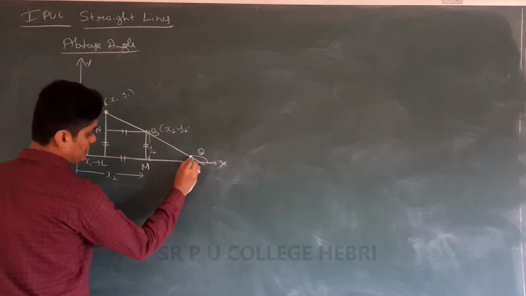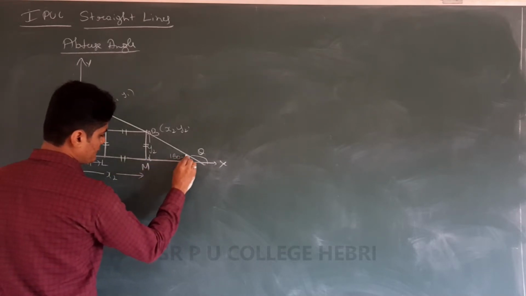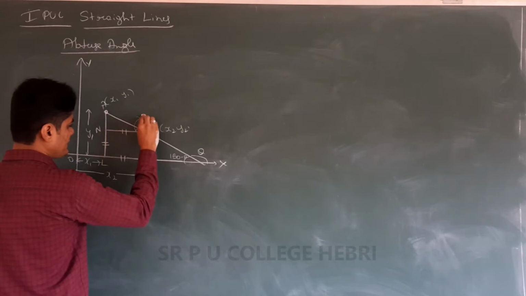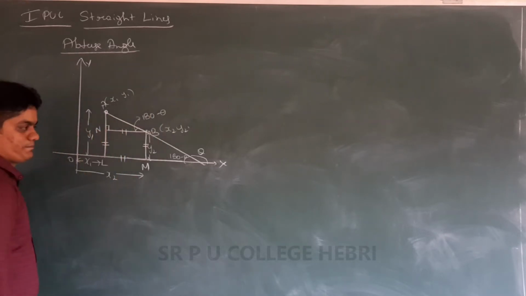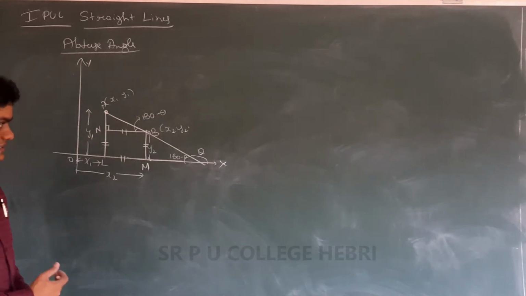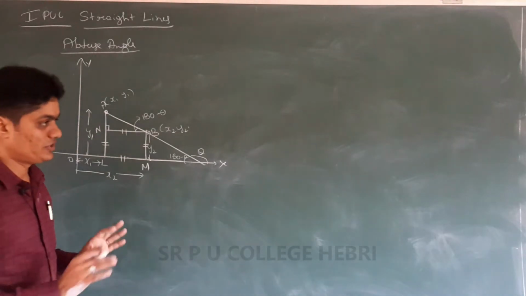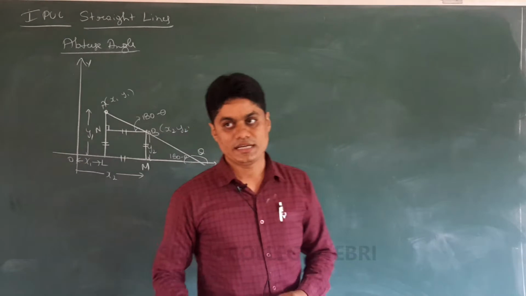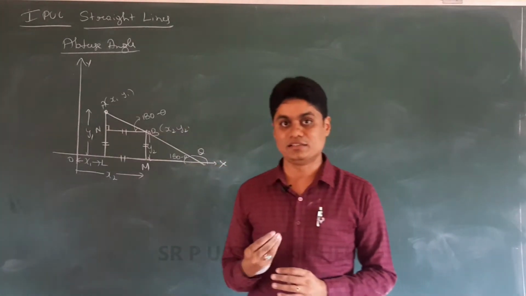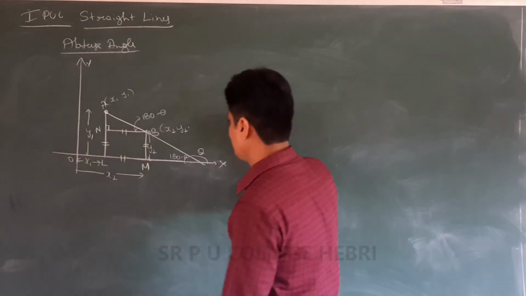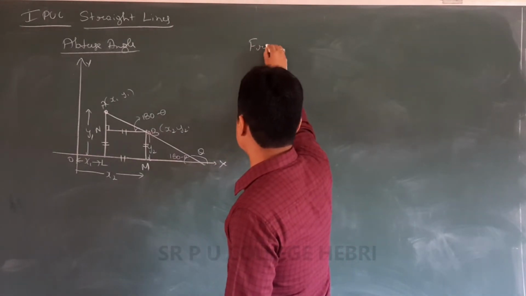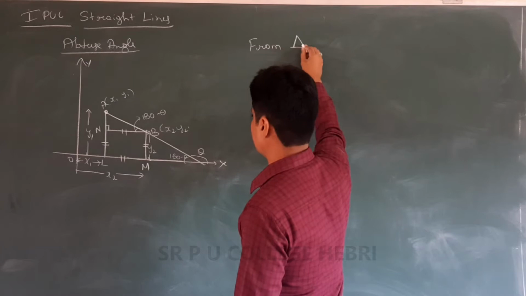If this is theta, this is 180 minus theta. This is 90 degrees. You remember the construction, right? Last class we did the acute angle in the same way. So now I'm not going to write any construction. I'm just going to show you how to get the slope is equal to y2 minus y1 by x2 minus x1. So follow this diagram from triangle